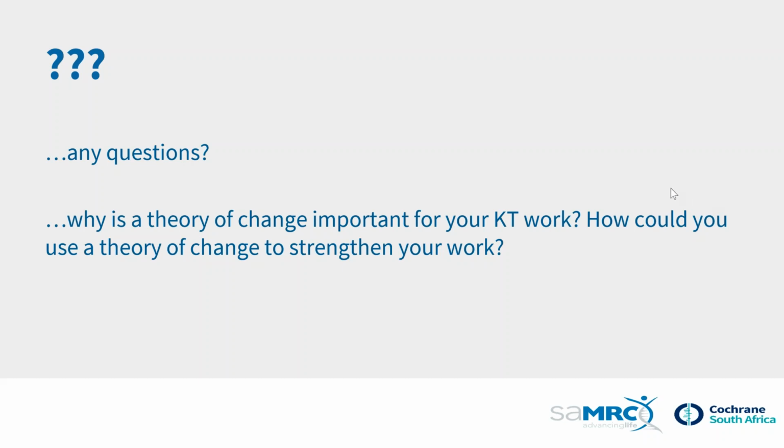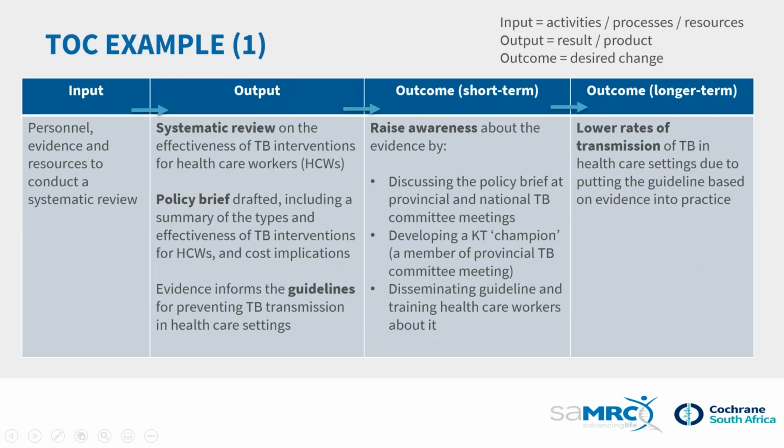So that's a really good question. In the first example I've presented, we are doing KT after the research has been conducted, and we are now trying to translate the research findings that came from that systematic review into policy and practice changes. But KT is a process, like I've said before, that should ideally take place right at the start